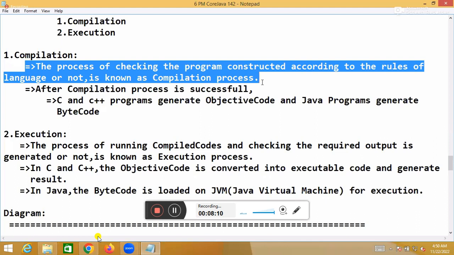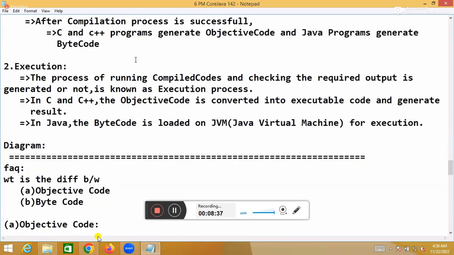When the compilation is successful, the source code will be converted into compiled code. Why compiled code, sir? Our program should run on machine, no? Machine is not English medium, no, to understand English language. It will not understand high level format. It will understand only compiled code. We are calling it as what now? Terminology? Compiled code. Source code. The original code written by the programmer is source code, converted into compiled code.